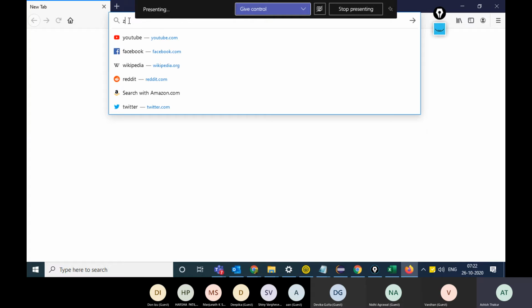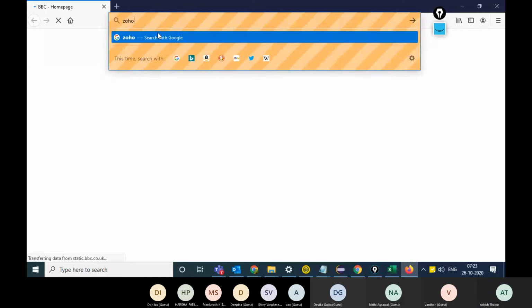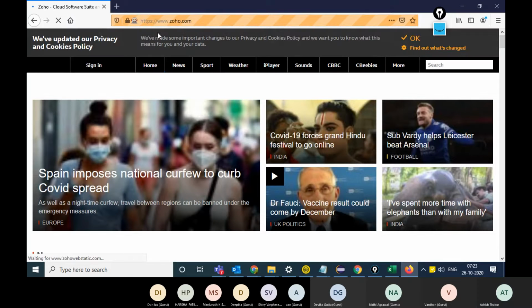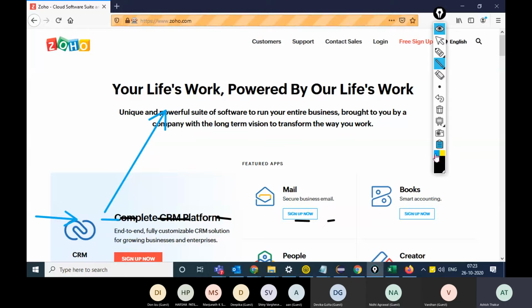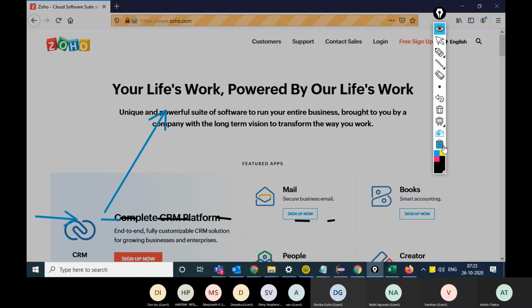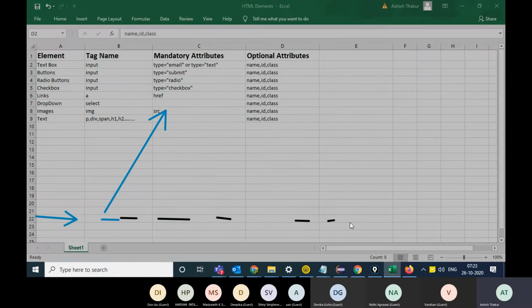See, in case of Mozilla, if I go to zoho.com, this thing is hanging. Just a minute. This has hung my PC.